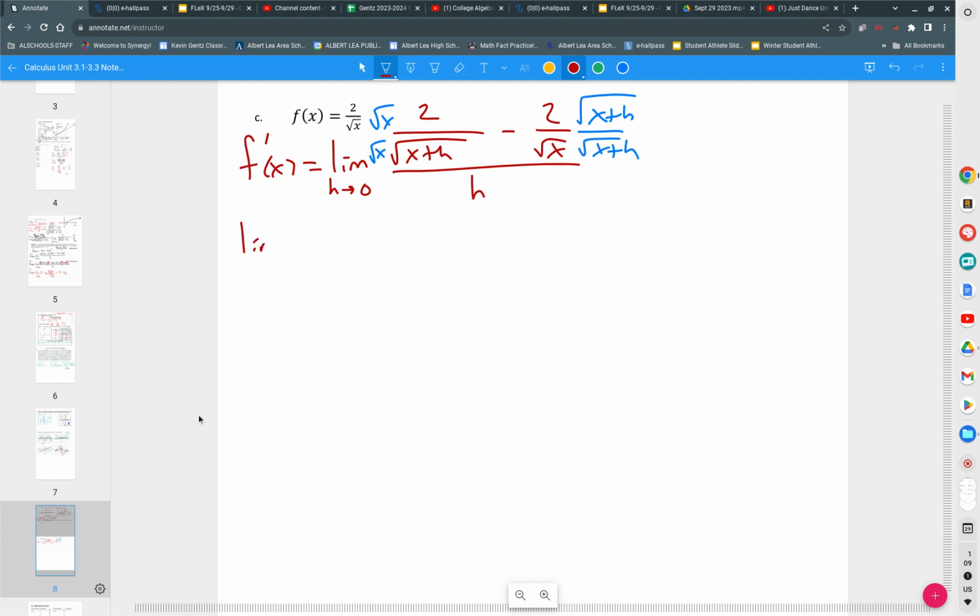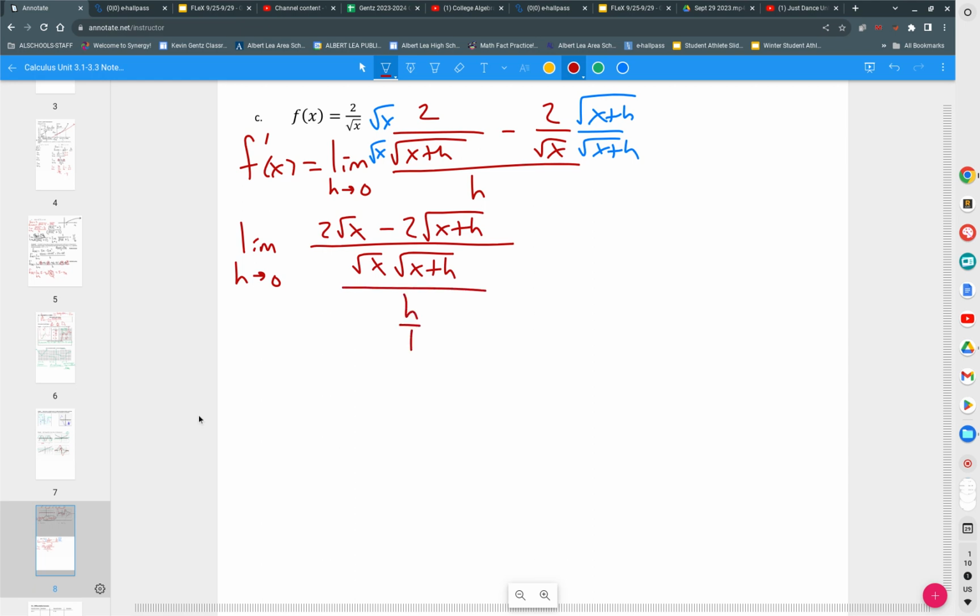And I get the limit as h goes to 0 of 2 roots of x minus 2 roots of x plus h over root of x times root of x plus h. Good, I like it. All over